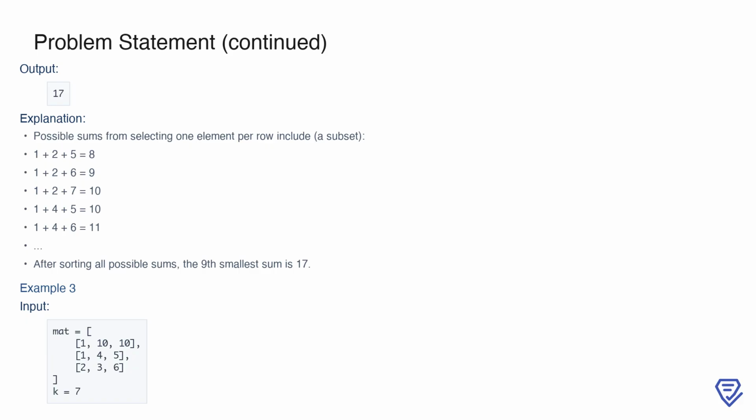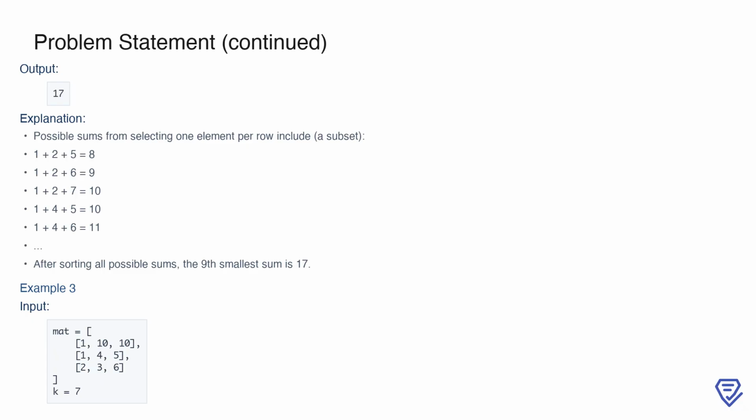Now consider an example where the input matrix is [1, 3, 11], [2, 4, 6], [5, 6, 7], and k is 9. This time, we again calculate sums by selecting one element per row. For instance, picking 1 from the first row, 2 from the second, and 5 from the third gives a sum of 8. Similarly, 1 plus 2 plus 6 equals 9, and 1 plus 2 plus 7 equals 10. There are many such combinations, and once all sums are derived and sorted, the ninth smallest sum turns out to